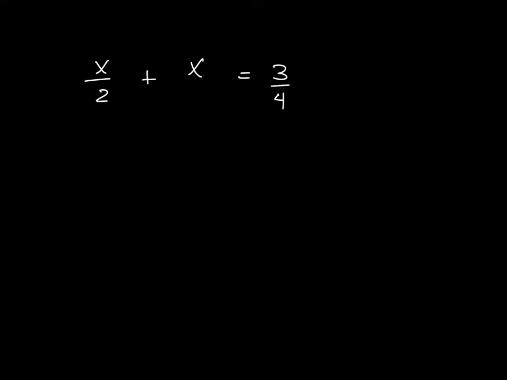The way I like to do these the best is to clear the fractions or get rid of the fractions. So I'm looking at my denominators now. I have my denominator of 2 and 4. I know that my common denominator between all of those is 4. So what I do with these kind of questions is I take the common denominator, which in this case is 4. I place that 4 over 1, and you multiply